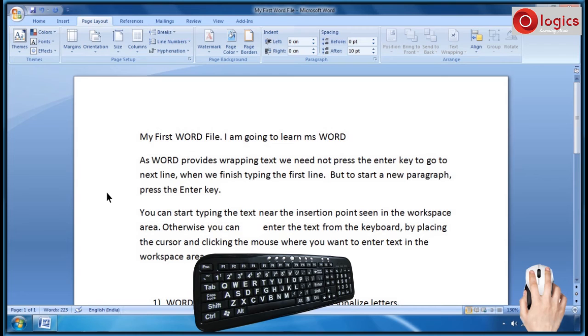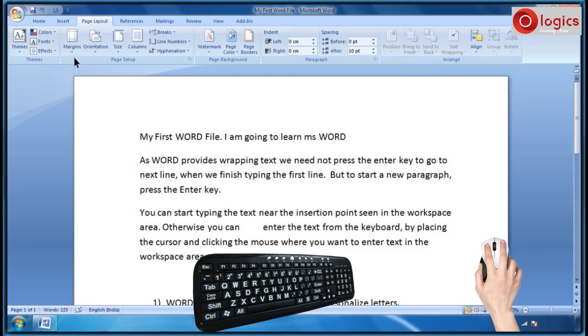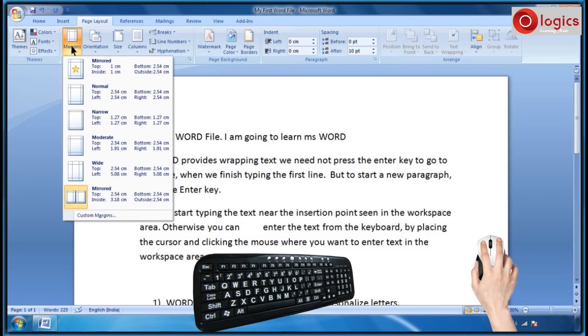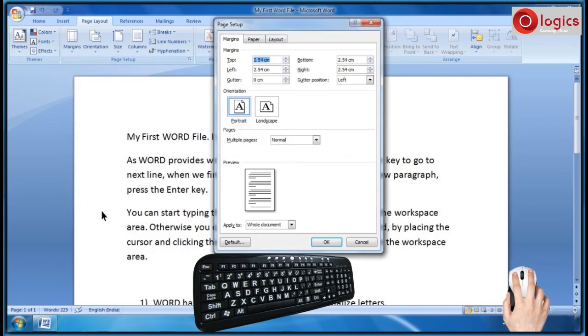Custom margin. Custom margins are not built-in margins. So you can define the margins yourself. Click on custom margin. Page Setup dialog box would appear.